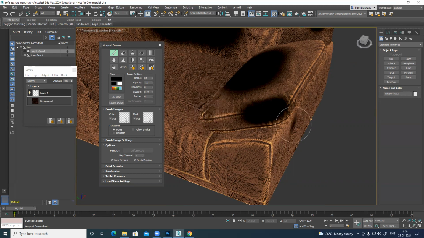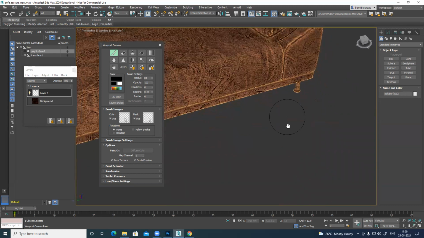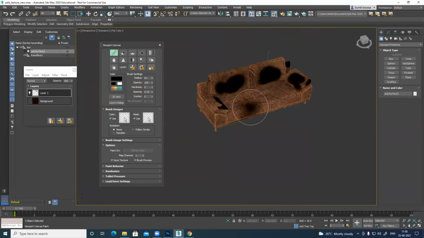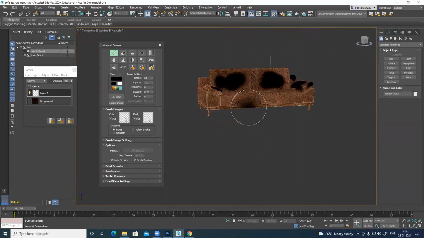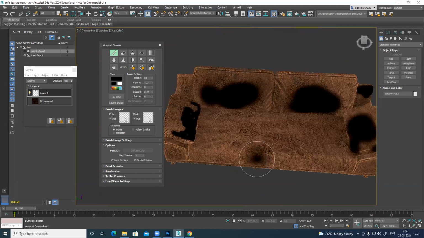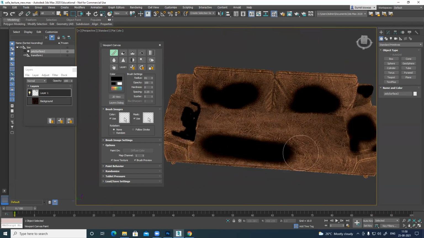If it doesn't paint, change the angle and then paint. Then this base couch edges, corners will be slightly.